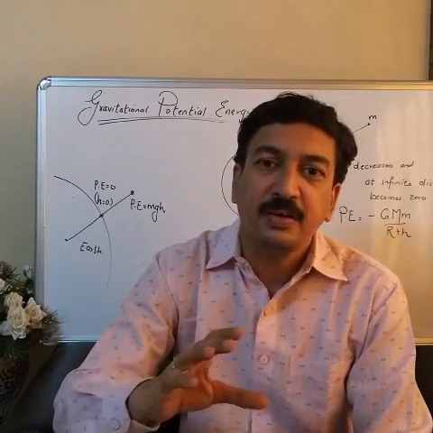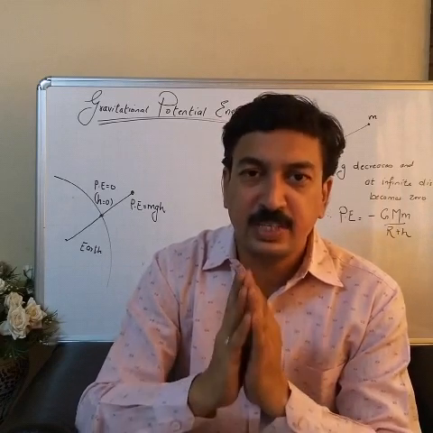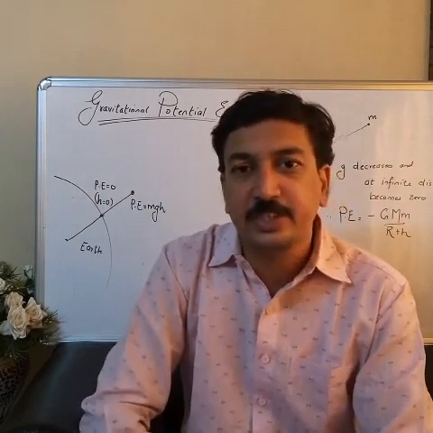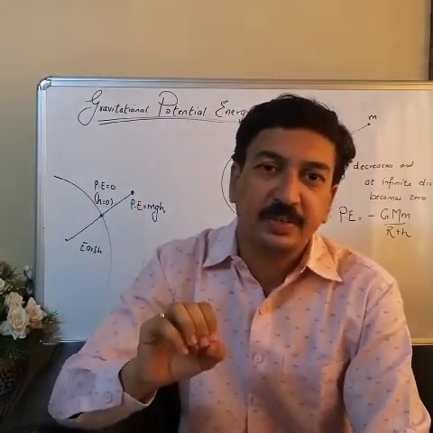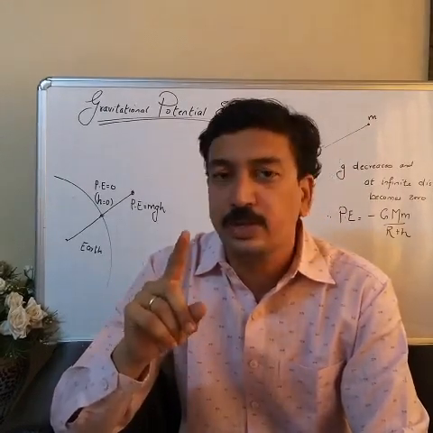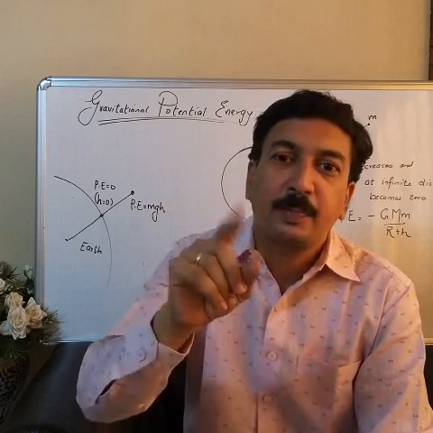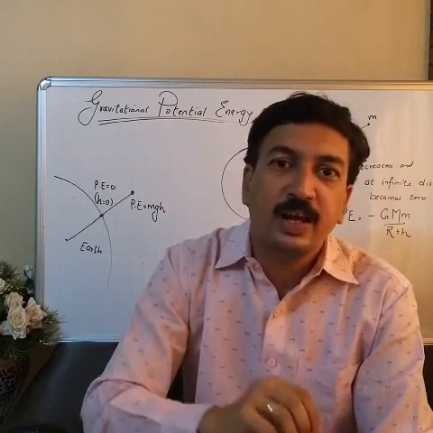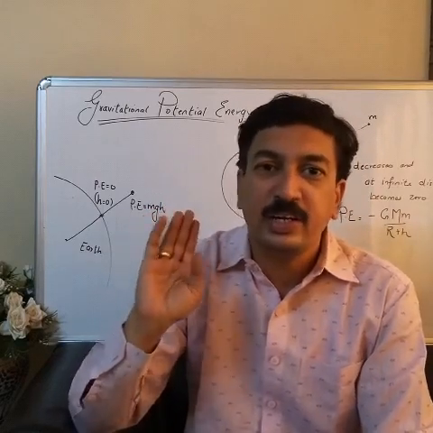Here we make use of a new formula, and the formula for that is minus G M m upon r plus h. I repeat, potential energy of the object at a great height will be given as minus G M m upon r plus h. Capital G stands for Newton's universal gravitational constant. Capital M stands for mass of Earth. Small m stands for mass of the object. And r plus h is the distance of the object from the center of the Earth. Have a look at the board and understand it.